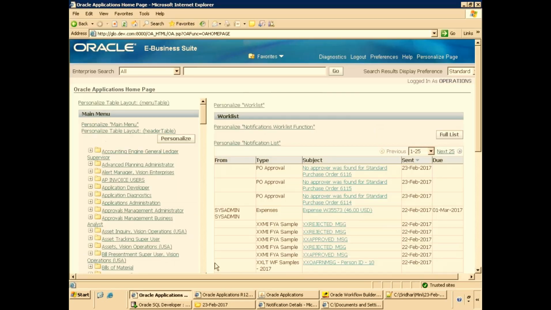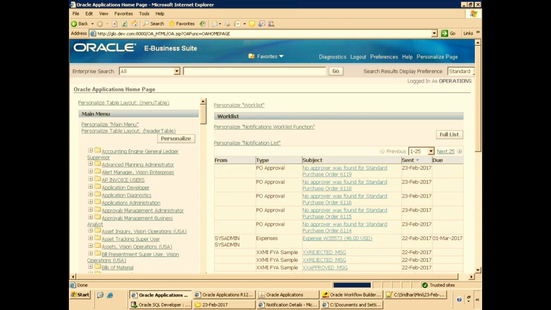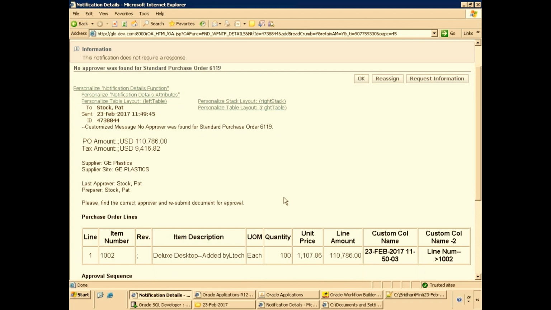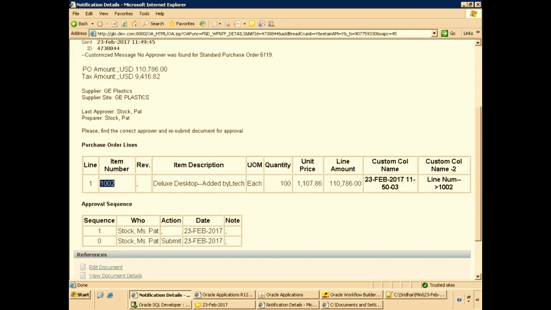Let's see this time. Click on refresh. Yeah, we could see the latest one. Okay. And can you see the custom column name too? Customize message. Data is in? No, this one, right? Line number 1002, this one. Okay. Maybe we can add any custom message. We just added the same message, right?